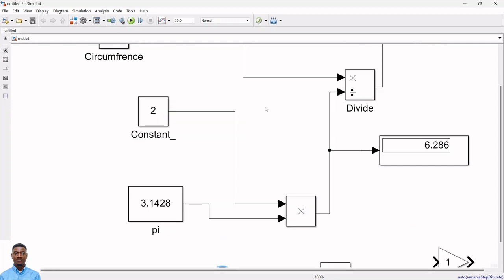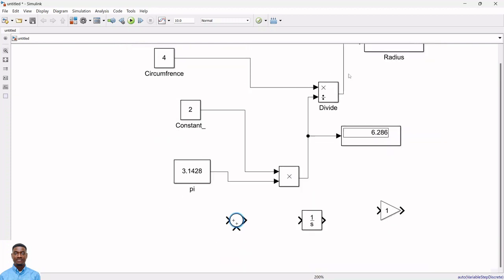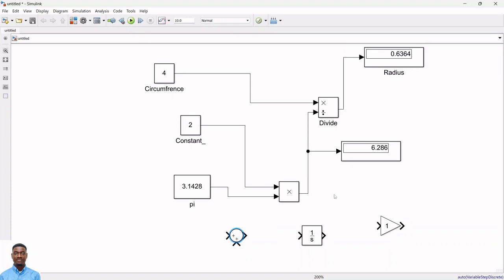If we look at this model that we built the other time, the signal going into this display block is picked from this wire. Let's say this is wire A, and this is wire B. This point here is the pick-off point, which means the signal going into this wire is picked up from an existing wire. That is what we call a pick-off point, because this wire is connected to this existing wire.